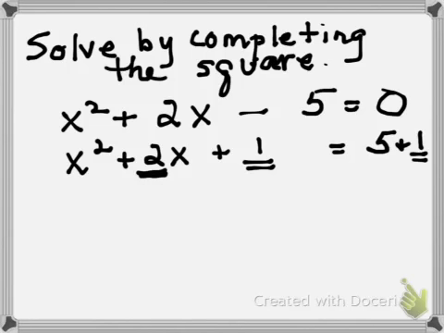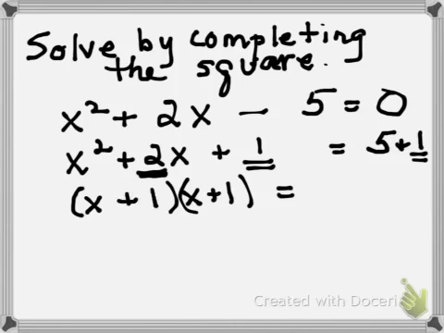Now, what that does on the left-hand side is it creates a trinomial that can be factored, and it can be factored into x plus 1 times x plus 1. Both of them are the same, equals 6. So now what I have is x plus 1 quantity squared equals 6. And we just talked about how to deal with a problem like this, because we could solve this